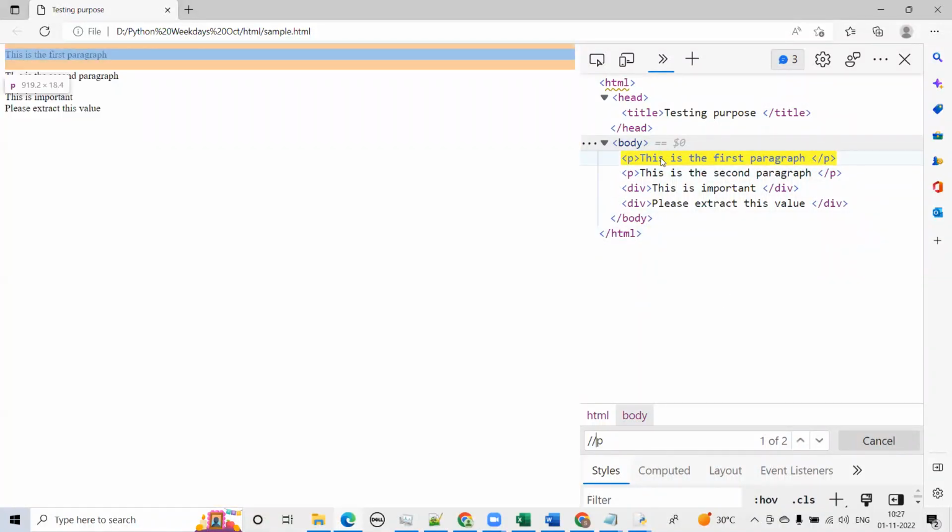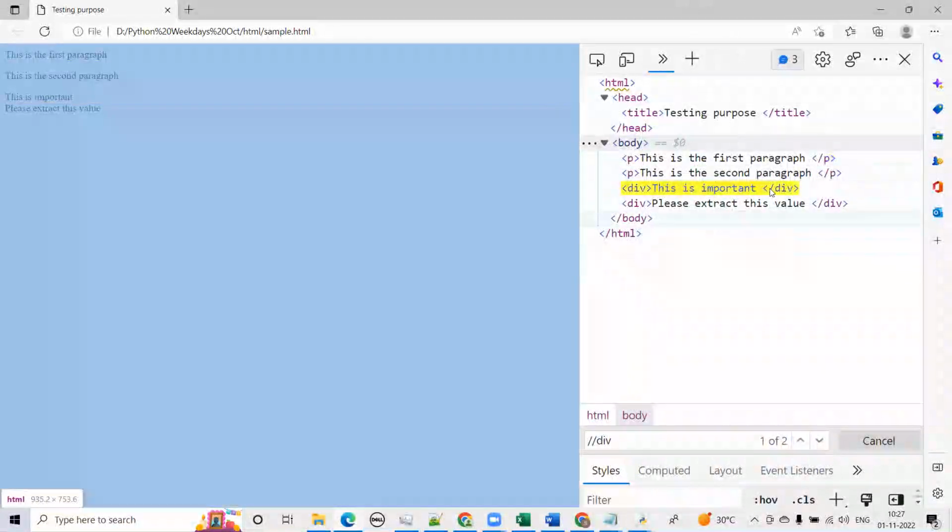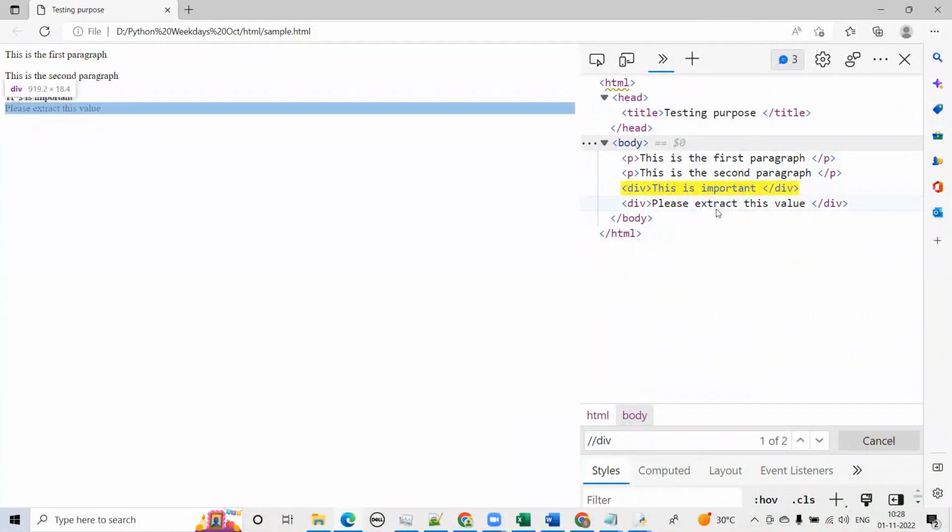Okay, XPath is nothing but, in element terms, a path. It's a path. What we are giving to reach the content, to locate this element on the web page. Okay, so I give